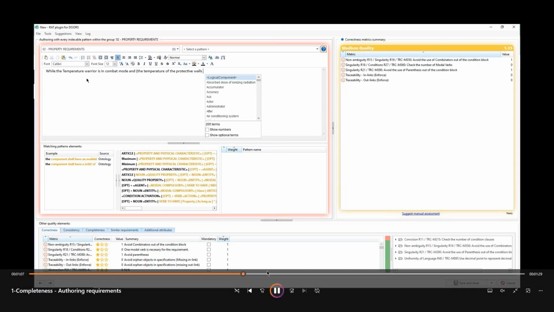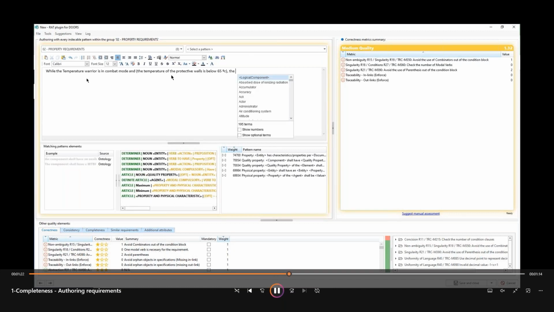So just to give you some context, this is the temperature warrior. It's competing against other systems to maintain its temperature. And so in that case, we're defining that in the combat mode, so when the competition occurs, what happens if the protective walls temperature is below 65 degrees centigrade. And here we will say that it's a property requirement. So the expected subject is, if I go back a little bit, a set of properties, or we could have the system, because we could have an entity shall have an entity property. So we have different options here, and